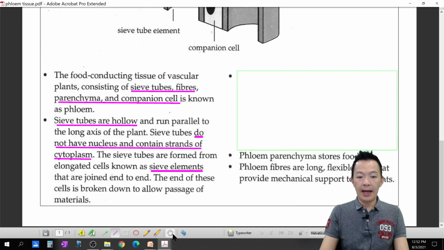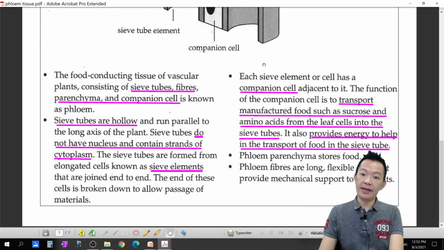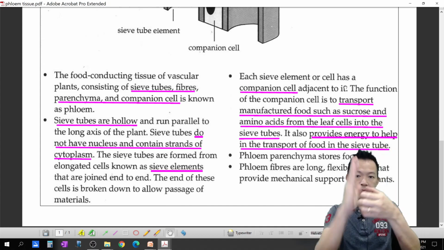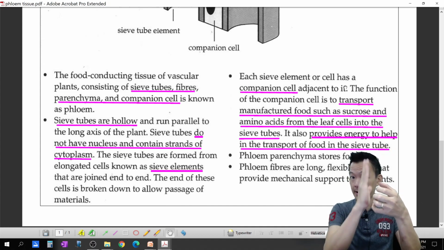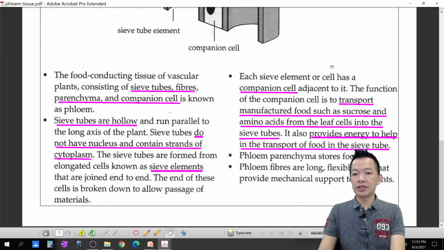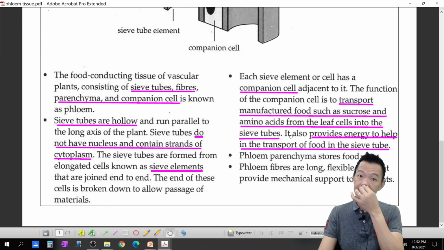Okay, but at the end of the sieve element, they're having a sieve plate. Okay, so if sieve elements have a companion cell adjacent to it, sieve element 的旁边有 companion cell. Okay. 刚才讲的啦，and what's the function of these companion cells? Okay, what's the function of the sieve elements? Transport the manufactured food such as glucose, amino acid from the leaf cell to the sieve tube 啦。